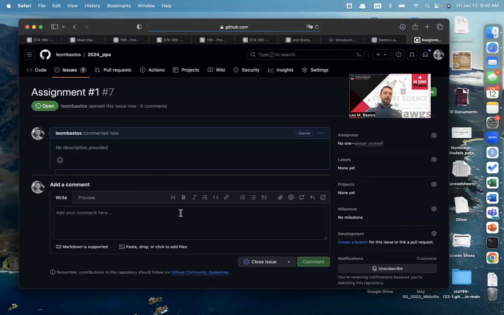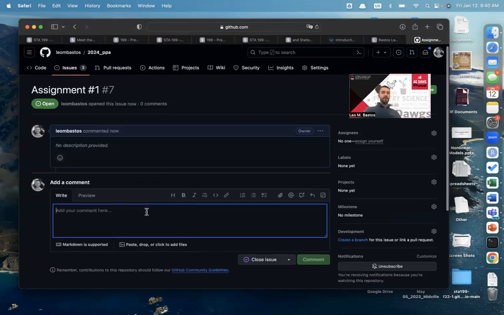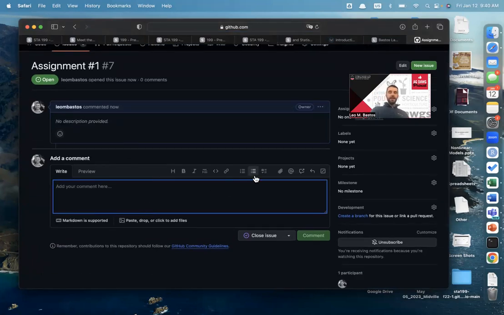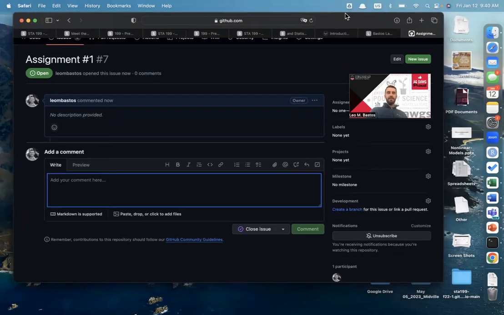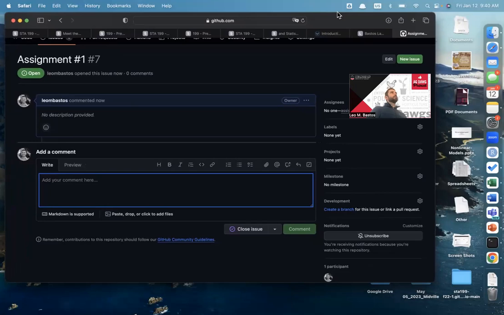So now the issue is created. Whenever you're done doing your assignment, you can just come here and upload the PNG file that you exported. So you can just click on that attach files and upload it to here. And you have until